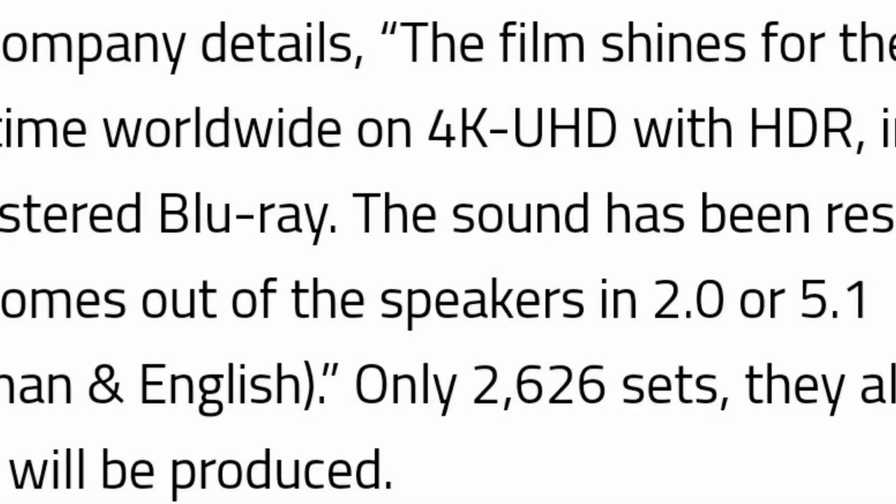The sound has been restored and comes out of the speakers in 2.0 or 5.1 German or English. So it will be available in German and English. This is the important part, guys, because if you're going to pre-order this, pre-order it now, because only 2,626 sets will be produced. So this is a very limited set